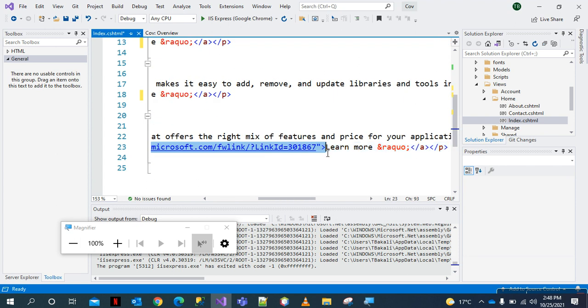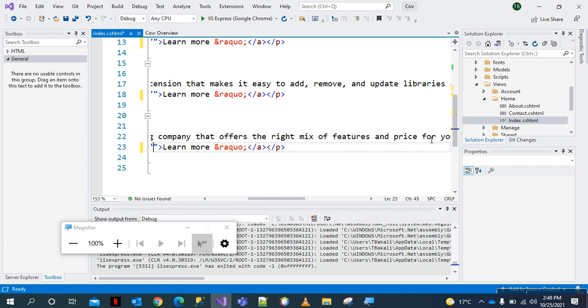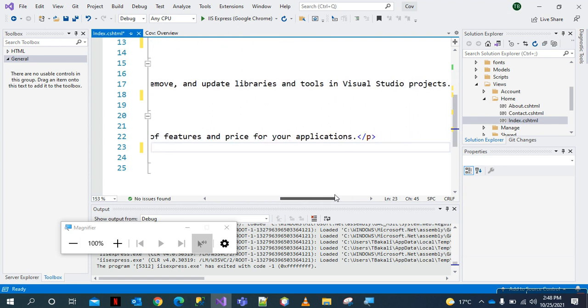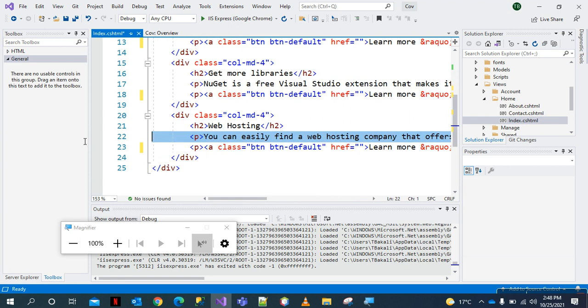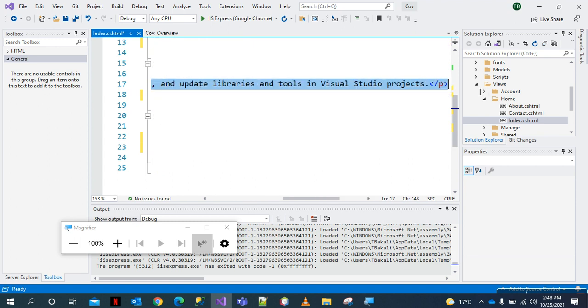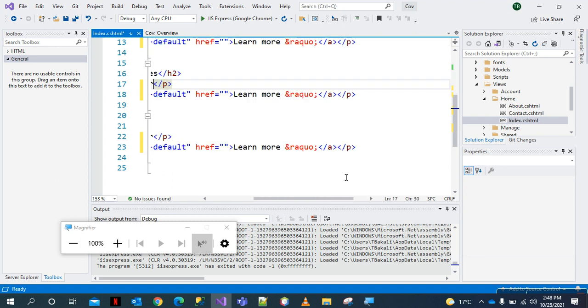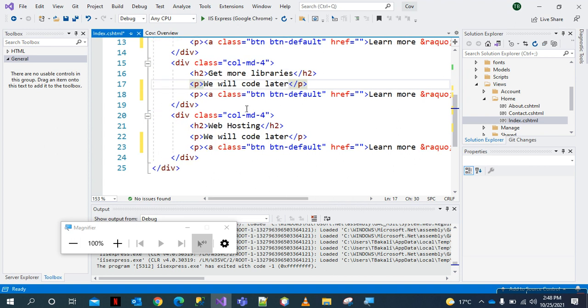everything on the link out, and then on the news or on these paragraphs, I'm just gonna modify it such that there is nothing. Just pasting. We will code later. We will code later. And then in terms of what's written at the top, instead of saying get more libraries, I will write something else. We can even write our names, but let's just say this is Inspire